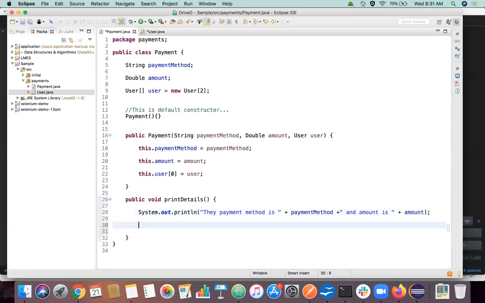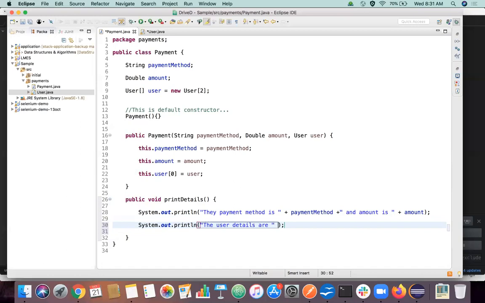So now how can we print the user detail here? Same logic, right? User details are,